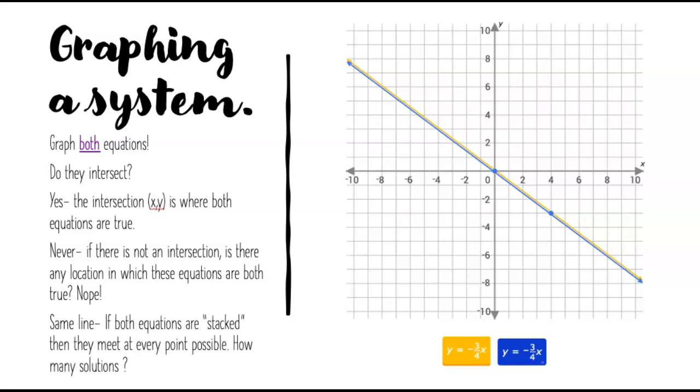Hopefully you're thinking infinitely. It doesn't matter what point, and remember a line represents everything, even the points you can't see. So every little coordinate, every little piece of this line is touching the other line. So this is where we would use that infinity sign, but remember it will also just say infinitely many